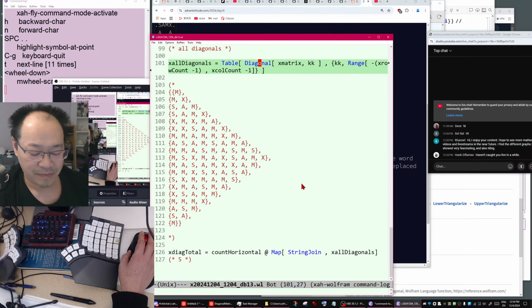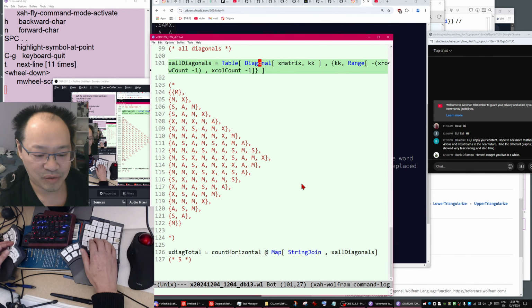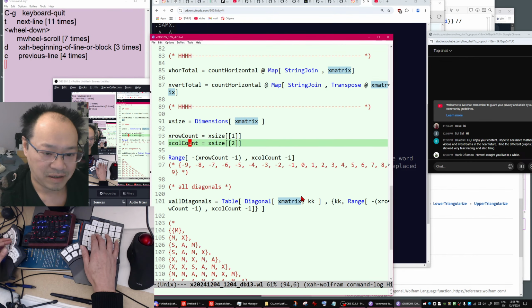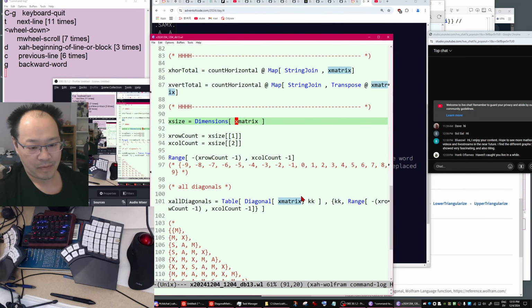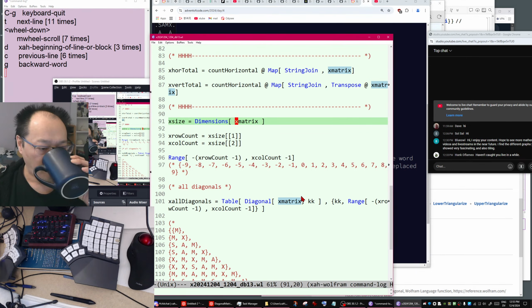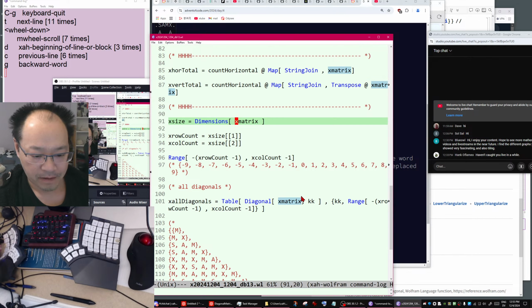So now we got the diagonals, but this code needs to be compacted, okay? Because you can see the variables are used in several places. So how shall we approach?